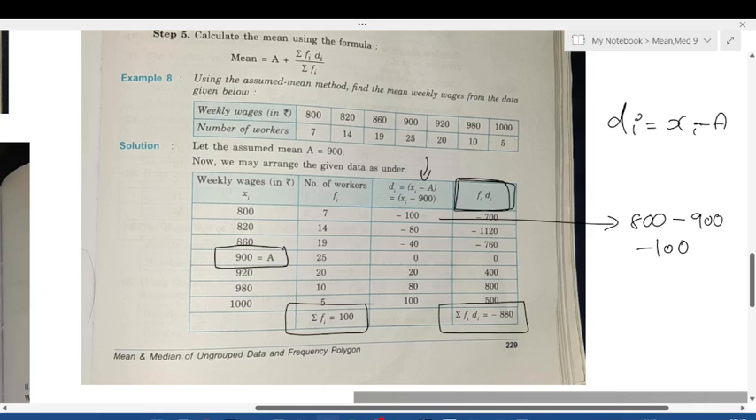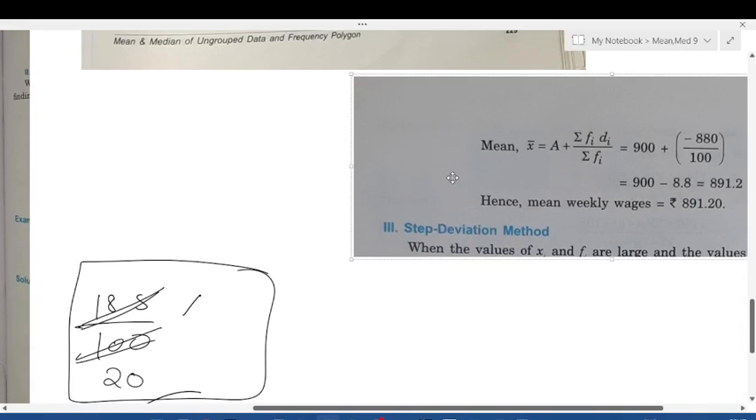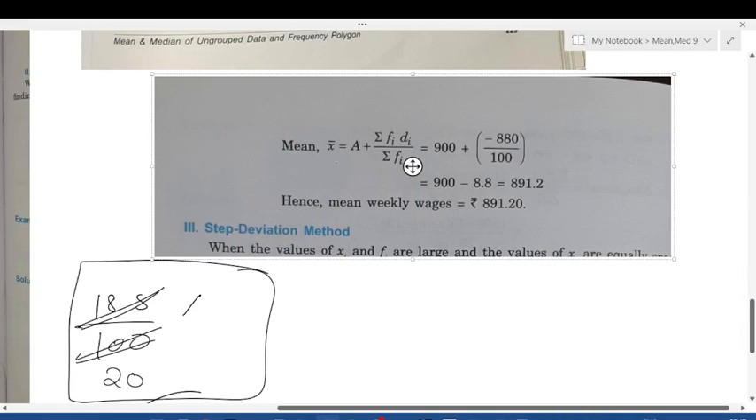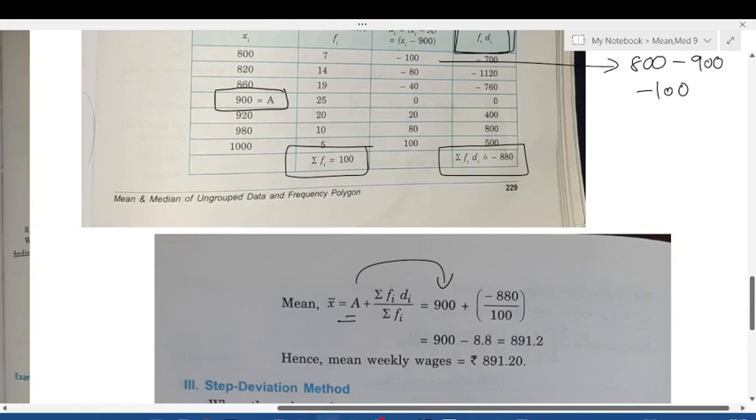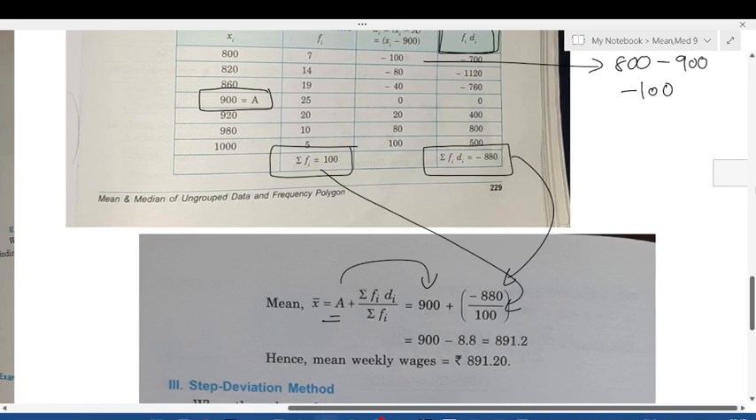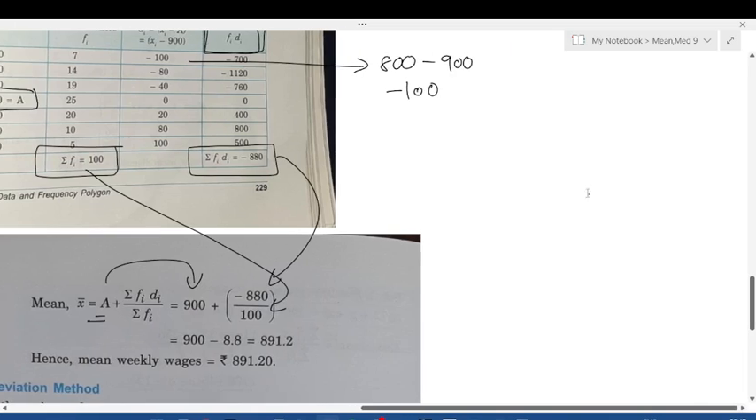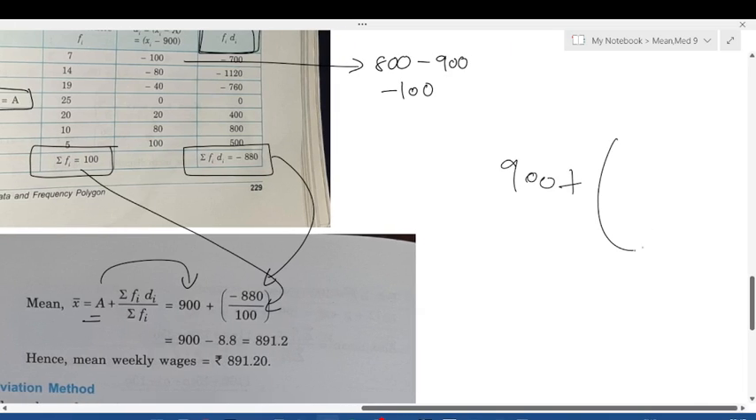Go through this. Example 8 or whatever it is, check your textbook, you'll get the solution. This is what I explained to you all, and this is the solution. Look here. Summation of A. A is 900. Minus 880, substitute. Only this calculation part I'll tell you all. Later you all can try it. Look here. 900 plus minus 880